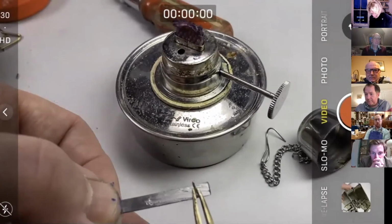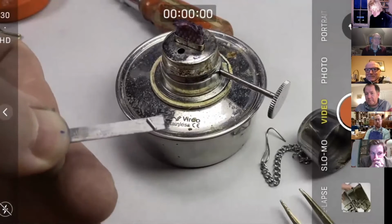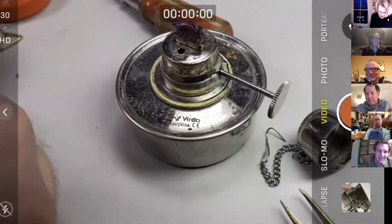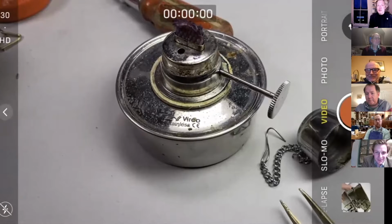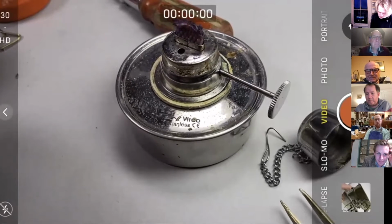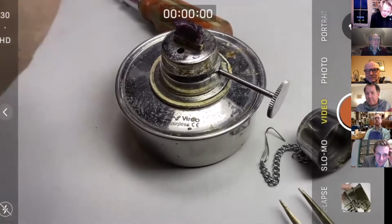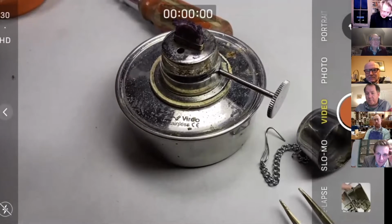So again, we just pop our little bit of solder on there. Now this is going to be much quicker because there's much less material mass there. We haven't got the pallet to heat up first. So we've got to be super careful that it doesn't get too hot. I'm going to hold it in a pair of pliers, but please bear in mind my point about everything going rusty. In the old days,